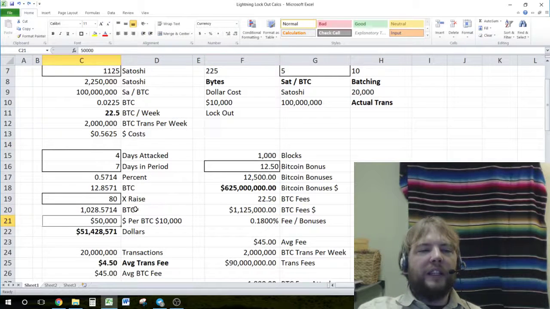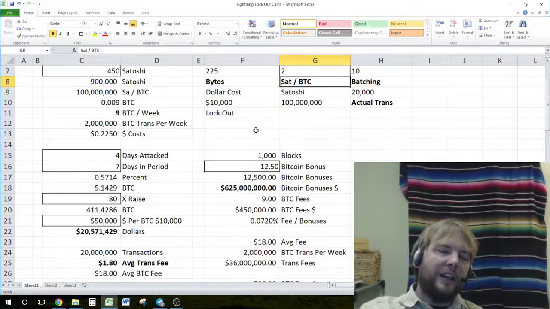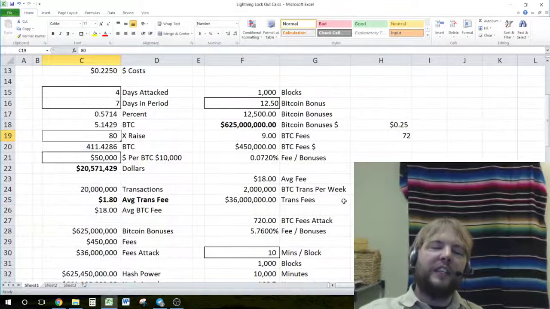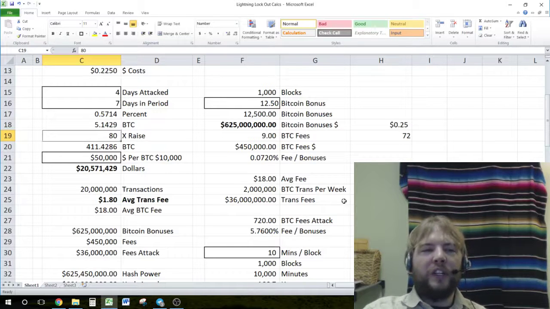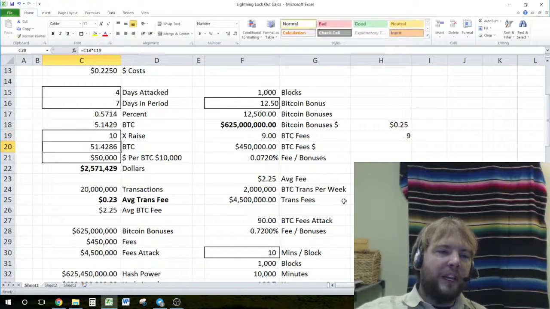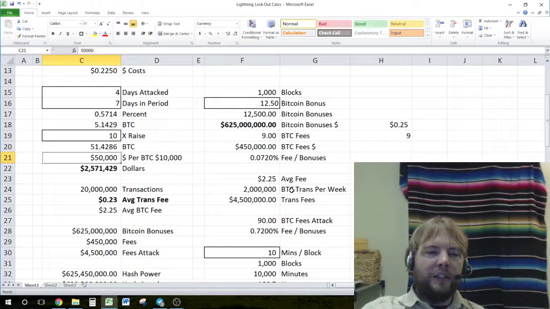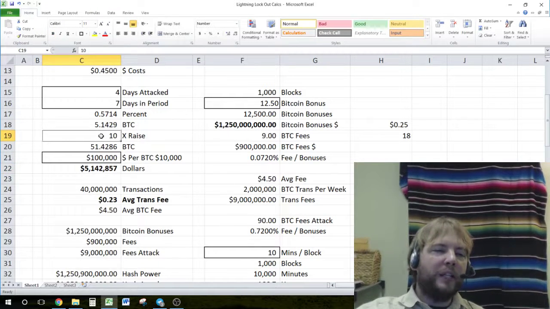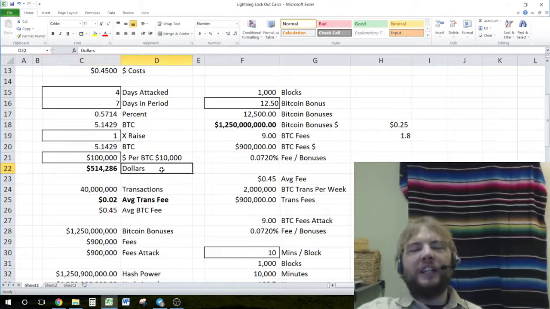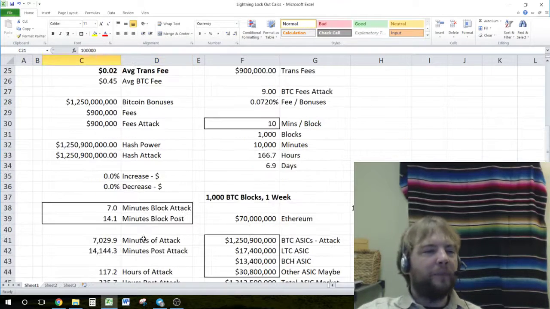So that's a great thing about having the price escalate: it makes it increasingly more expensive for someone to spam the Bitcoin network with changes in transaction fees. So now, let's just say long term, this also created a situation where the Bitcoin price went to $100,000 instead of 50,000, because roughly in 6 months it'd go to 100,000. So